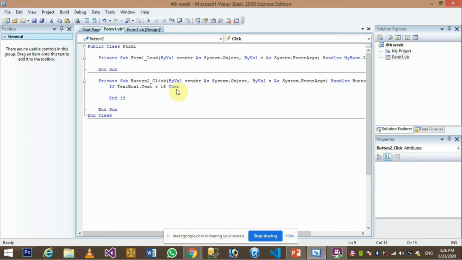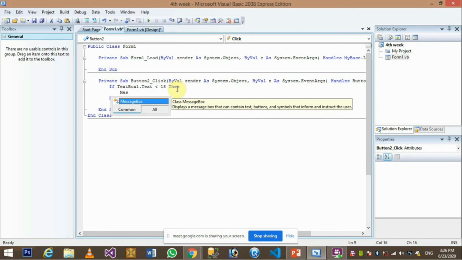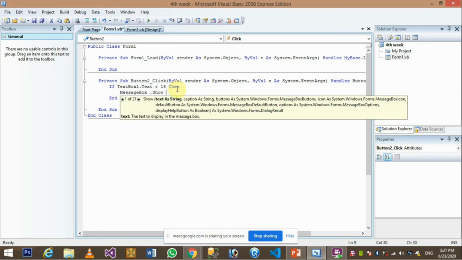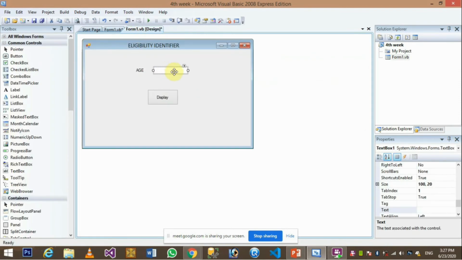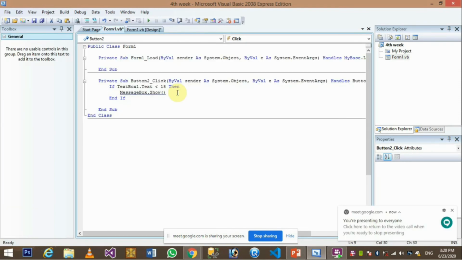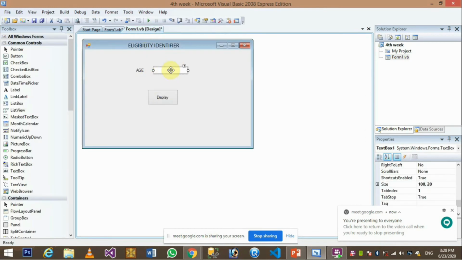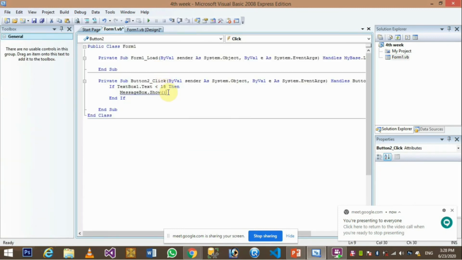then it would display me message box dot show. If this condition is true, for example, 14 is inserted into this text box, obviously it would be less than 18, so the condition would be true here.